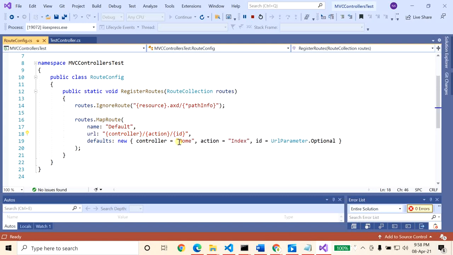By default the controller name is Home and the action method is Index. So by default the index action will be invoked without putting anything in the URL. If it is a home controller, by default the home controller with the index action method will be invoked.